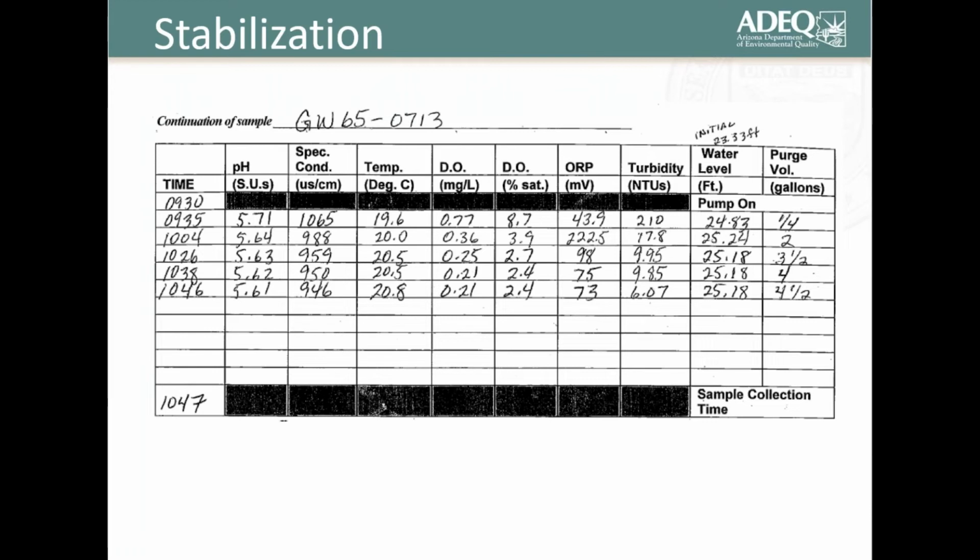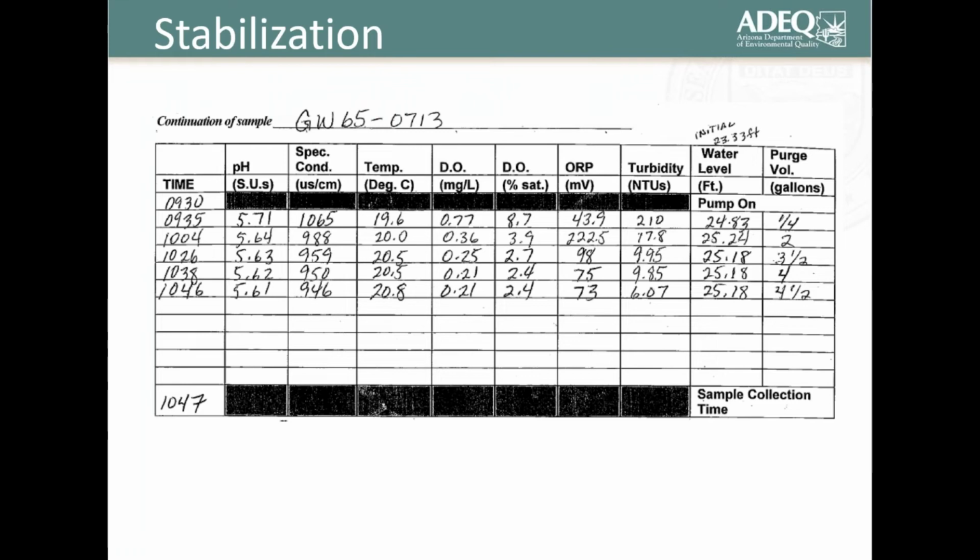Another important thing to keep track of is how much purge volume you've removed. So we see at first they've got a quarter gallon, and then 2 gallons, and then 3.5 and 4. This is a good thing to keep track of and keep this data at your facility. So in case maybe someone new comes, they have an idea of how much purging they need to do, how many gallons need to come out. And we can see on this data sheet,